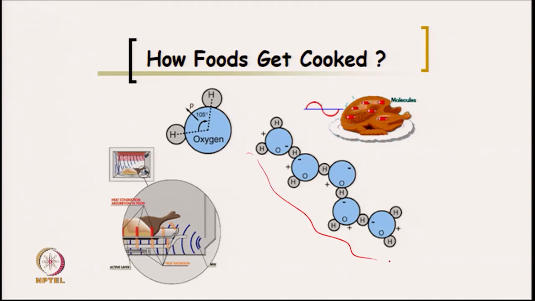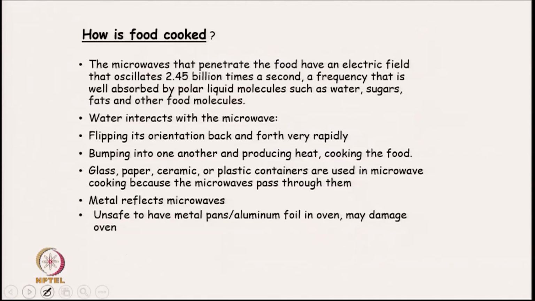This heat is used to cook your food. So, the microwaves that penetrate the food have an electrical field that oscillates 2.45 billion times a second, a frequency that is well absorbed by polar liquid molecules such as water, sugars, fats and other molecules. This water interacts with microwaves, they go from the ground state to a higher excited state, they flip their orientation, they rotate very rapidly, they bump into one another, and that is how they produce heat which is used for cooking